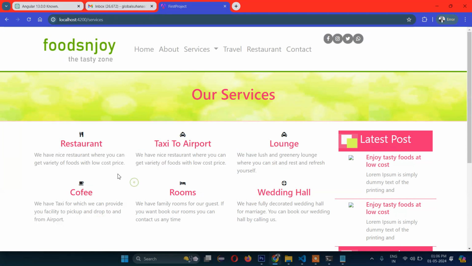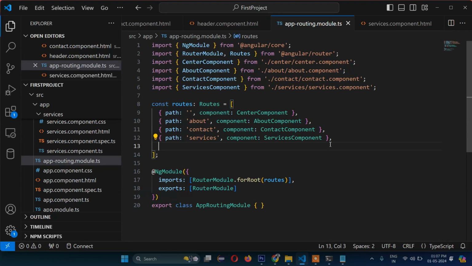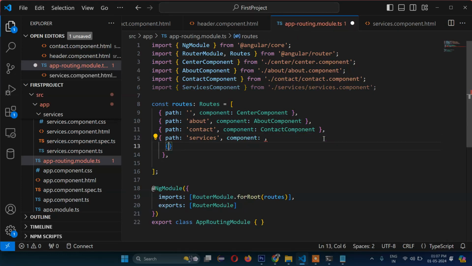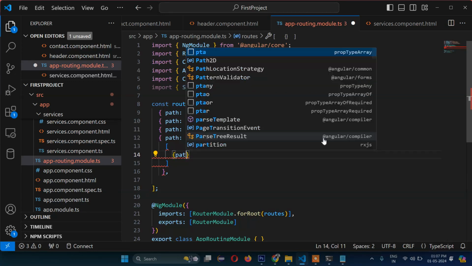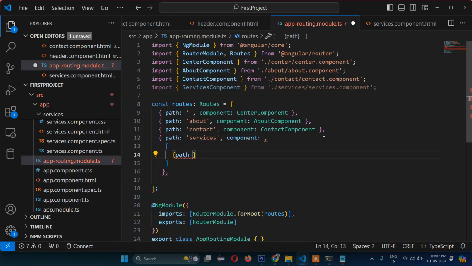open. So what we need to do here, just put comma and then square bracket. No, not this, that means array, and here again object. So here we will write path colon and then double quote, and here we need to write children and colon. So path will be restaurant,